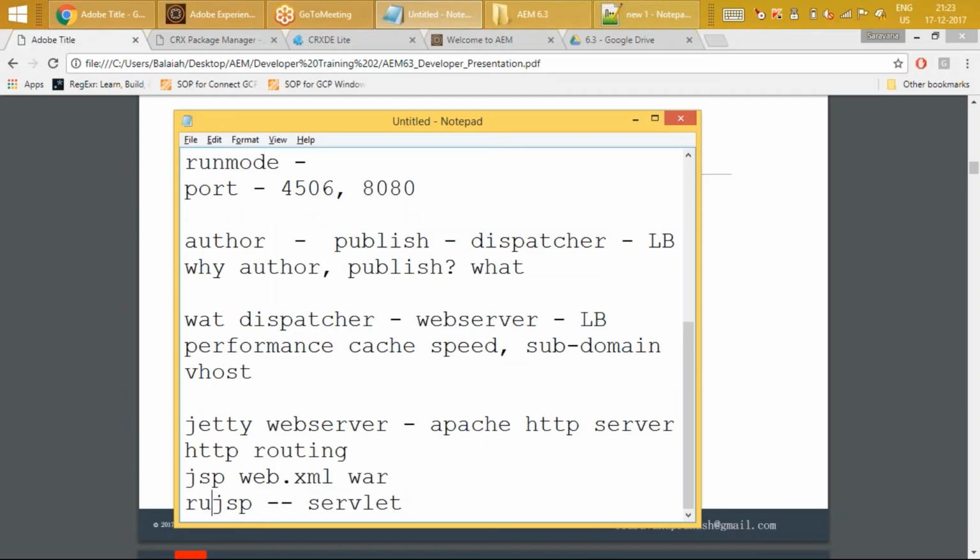When I place a request on the browser, and my request is being served by a JSP file, the first step is the web server will convert that JSP into a servlet file, and then it will process the servlet. A servlet is actually a .java file. The web server will process that servlet file, and that output is what will be rendered onto my page.